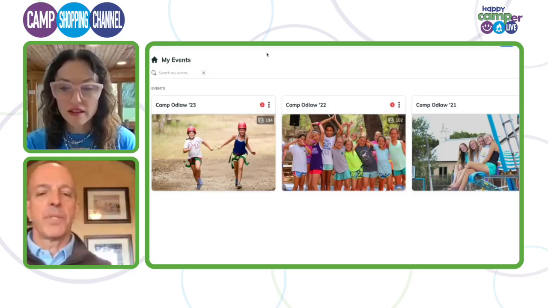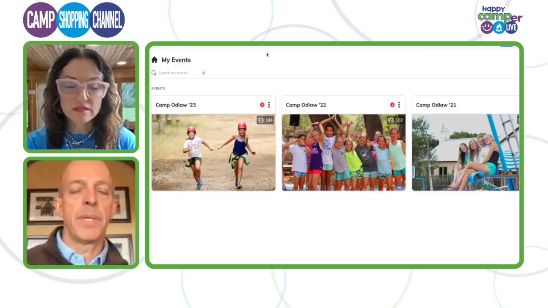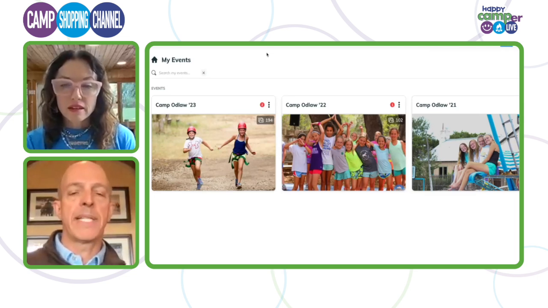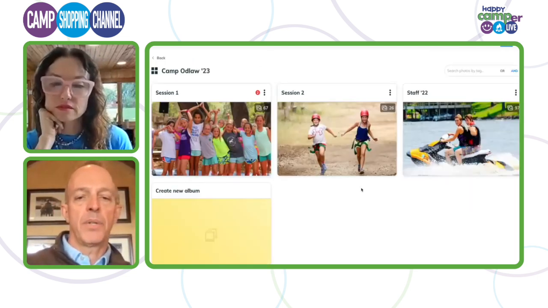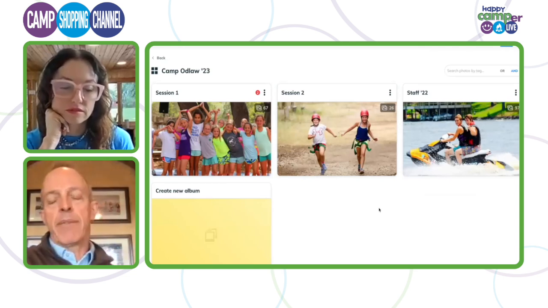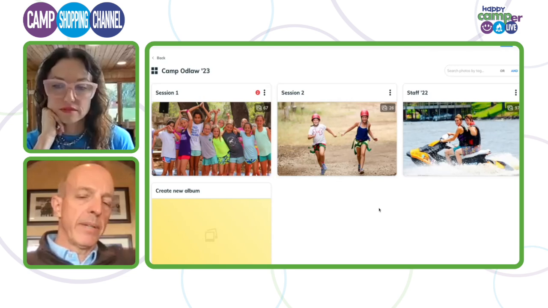This is an example, just like a sample camp. In this case, this camp has been what we call Waldo-fied for 3 seasons. So you can see 21, 22, 23. If we just jump in here to a season, every time one of our camp partners, we come into the spring and we're